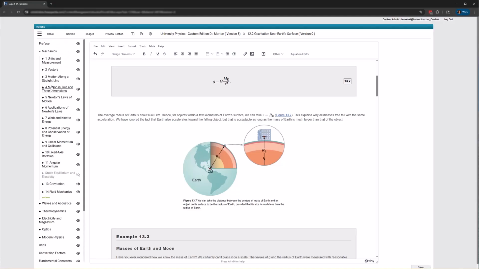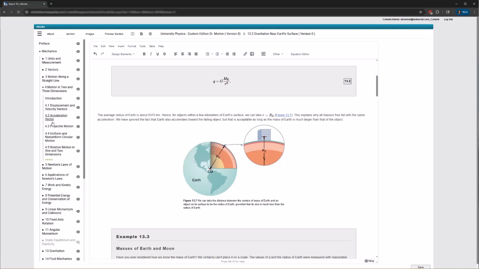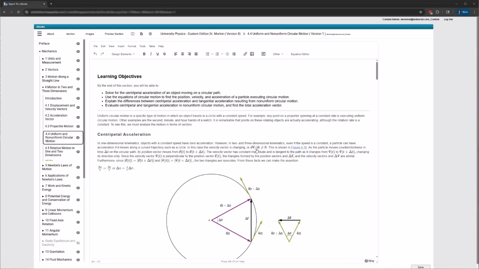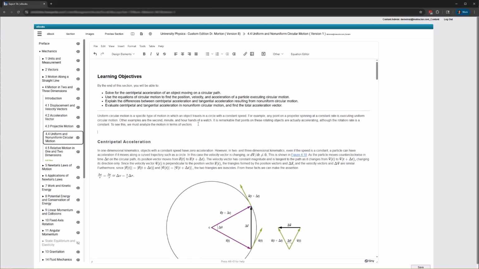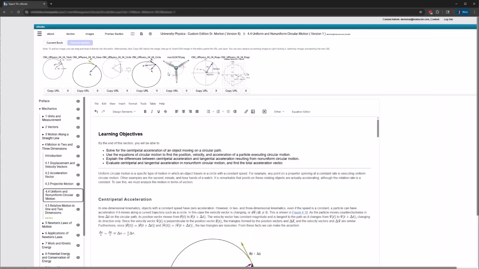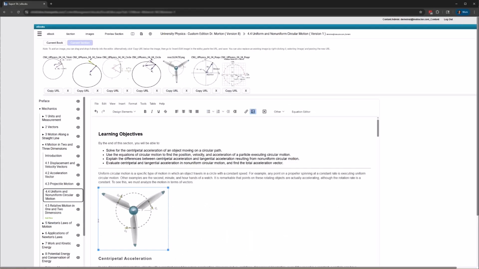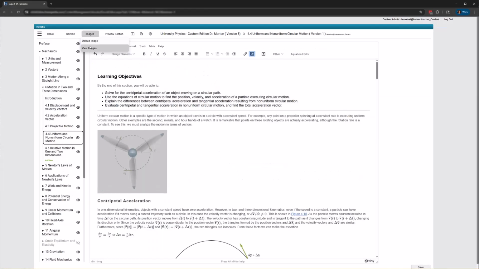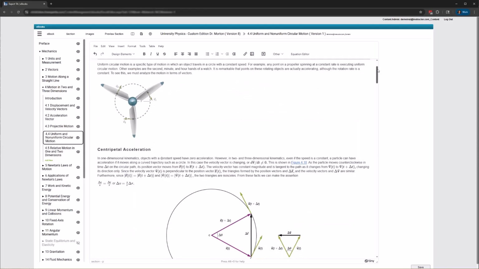Let's now look at edits to the actual content. Consider an instructor who wants to add a new numbered figure to the beginning of this section and who has already uploaded the image. They can now view the images ribbon and just drag the desired image into the appropriate spot within the section. Let's note that there is already a figure 4.18 and a reference to that figure in